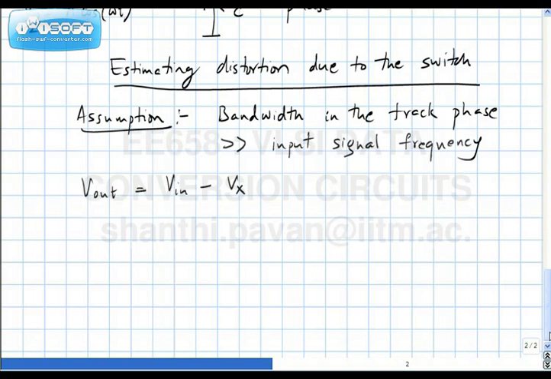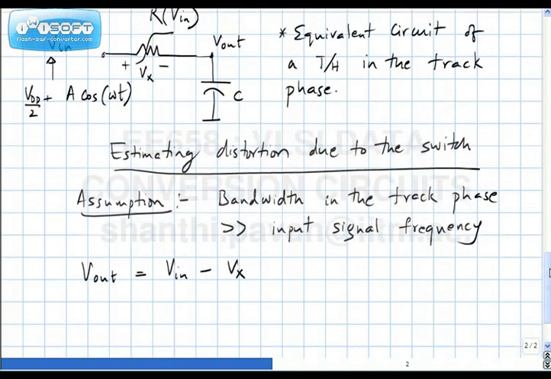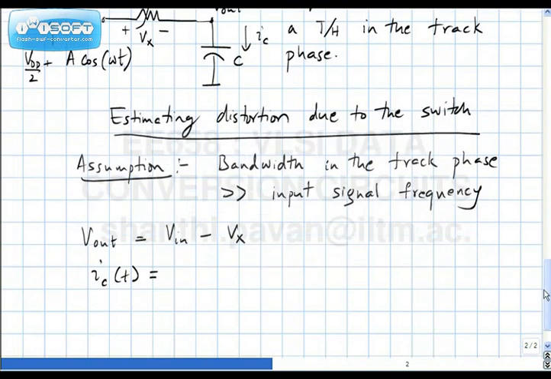So to first degree you can approximate the current in the capacitor. So the IC of t is nothing but C dV out by dt, which is approximately equal to C dV in by